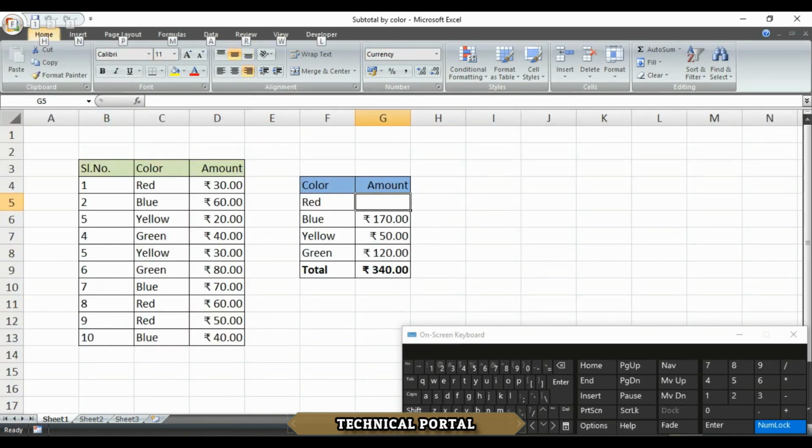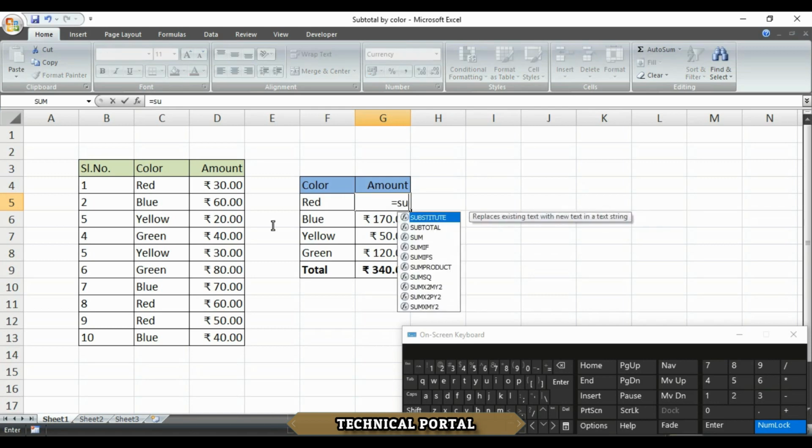So friends, if you need to subtotal numbers by any criteria, in this case the criteria is the color row actually, you can easily do so with the SUMIF function. In the example shown, the formula in G5 will be, look carefully friends, I am typing the formula here. The formula will be equals SUMIF, then open the first bracket,